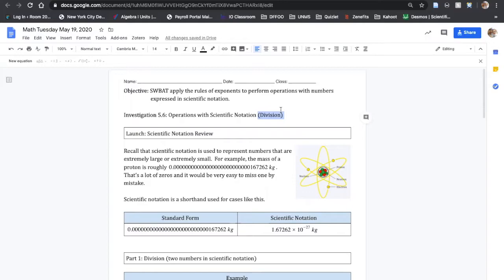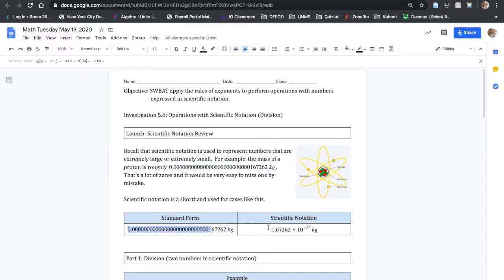So just one more really quick example of scientific notation, just like we saw yesterday. Just like it can be used for very large numbers, it can also be used for very small numbers. So for example, the mass of a proton, right? Protons are extremely tiny, and the mass is written as 0 point, a bunch of zeros, and some numbers at the end. So that's a very small number, right? And just like yesterday, it can be very easy to miss some of those zeros. So instead of writing it with all of those zeros,